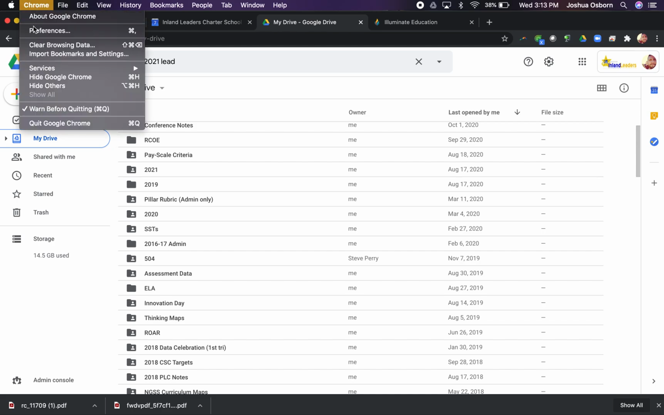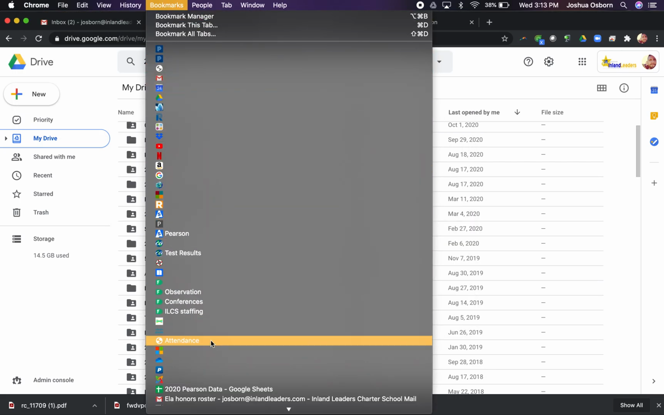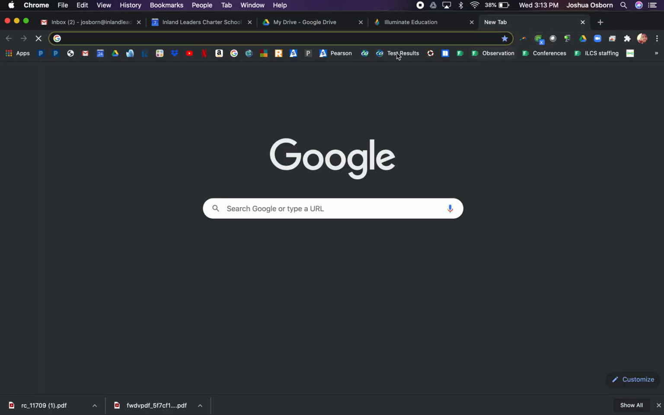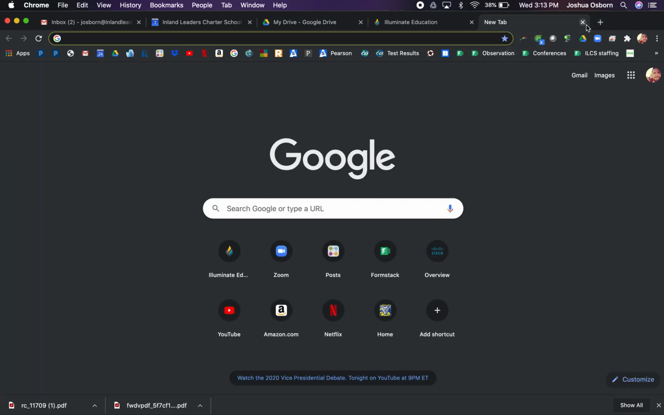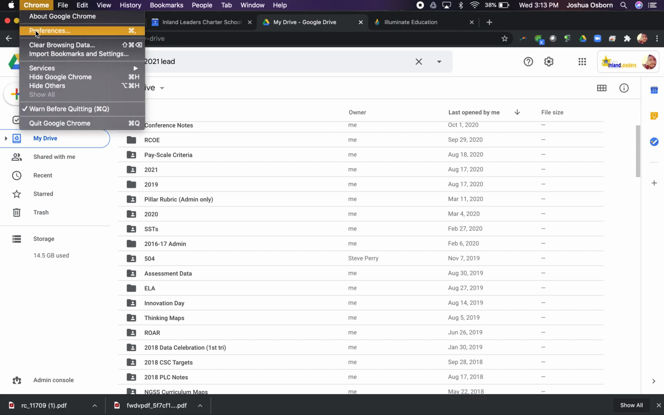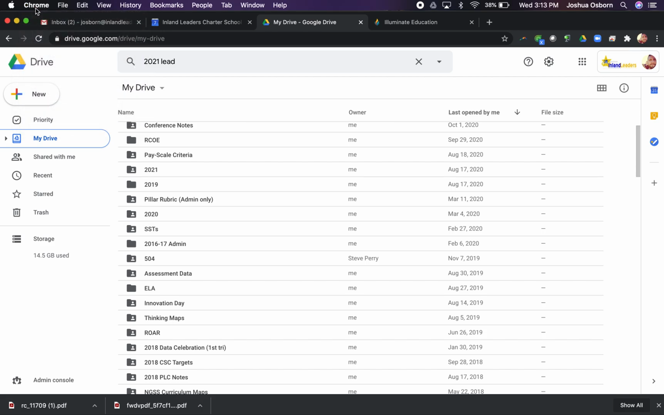Do I want to make any preferences to my Chrome? Do I want to set it as certain bookmarks, which I have a million bookmarks for Chrome? You could change all kinds of things while you're in an app by going up to the app and choosing its preferences. I do need to be in Chrome, but right now I want to search some files on my computer. So I'm going to swipe away